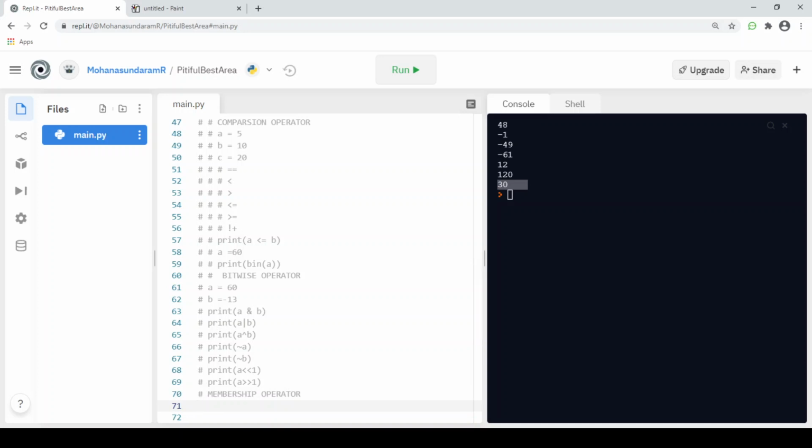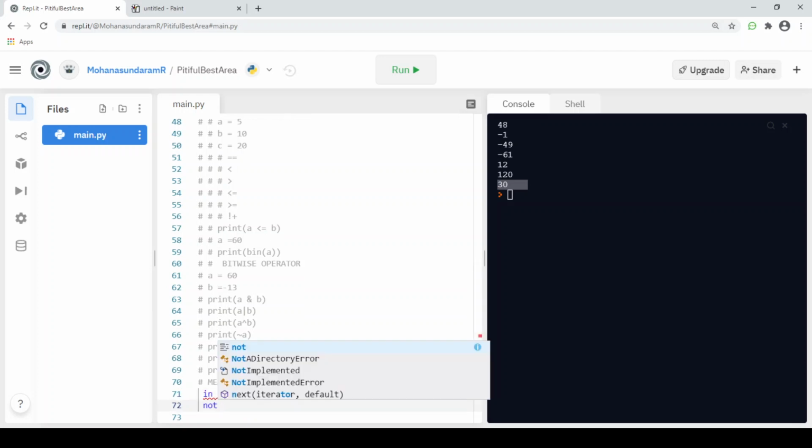In the membership operator we have two operands: in and not in. These are the two operators we have in the membership operator.